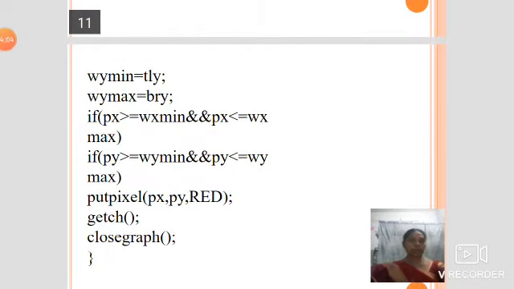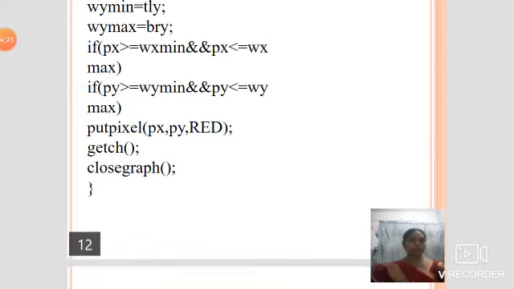Likewise for y minimum and y maximum, and we are checking whether the px value, that is the x coordinate value, is greater than the x minimum as well as less than the x maximum. Likewise we are checking for the y minimum and the y maximum. Then we put the pixel px, py, red.